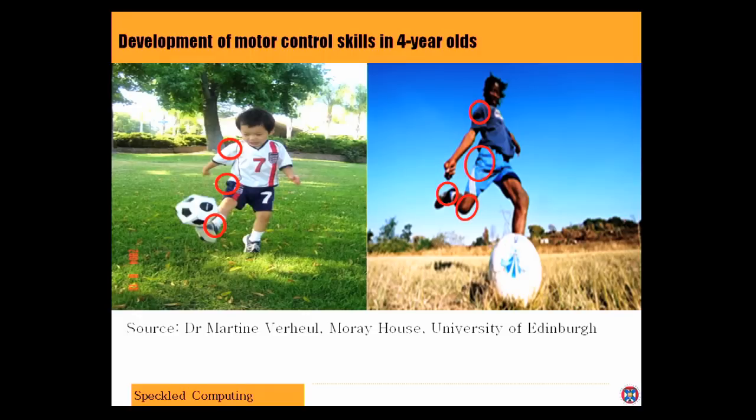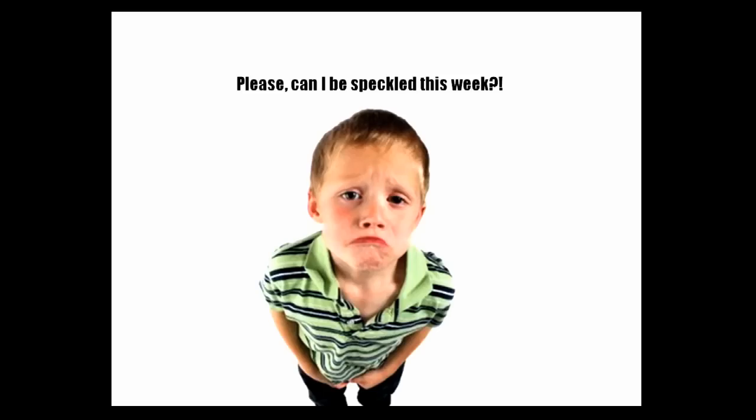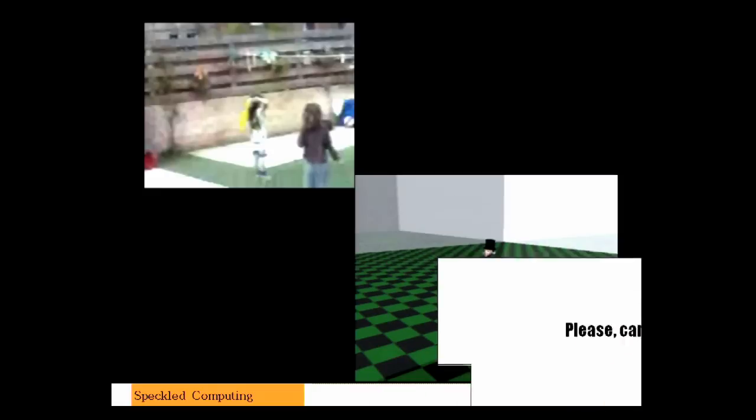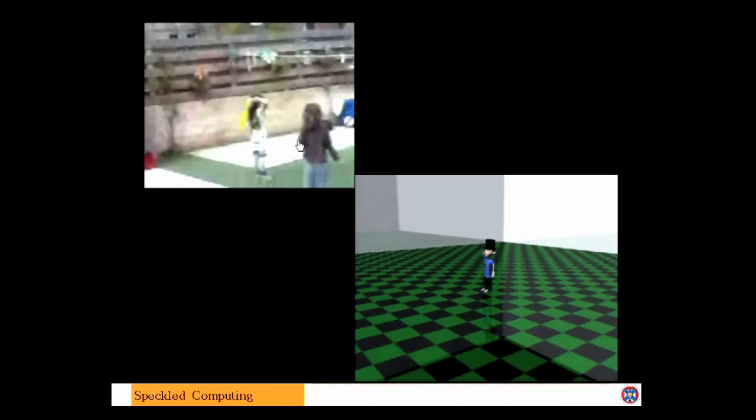People have tried to bring them into a studio and then put these markers on them and then place a 4-year-old in this motion capture studio and ask them to behave normally. Of course they don't. So can we put this on devices on the children and do this? So this work was done in Portobello, in a nursery in Portobello by Martine and her